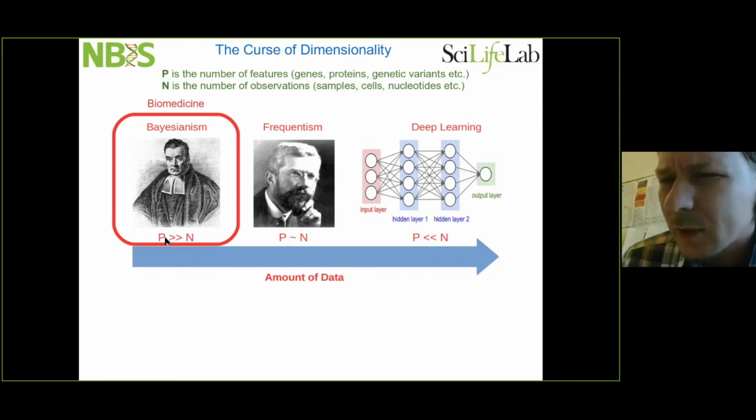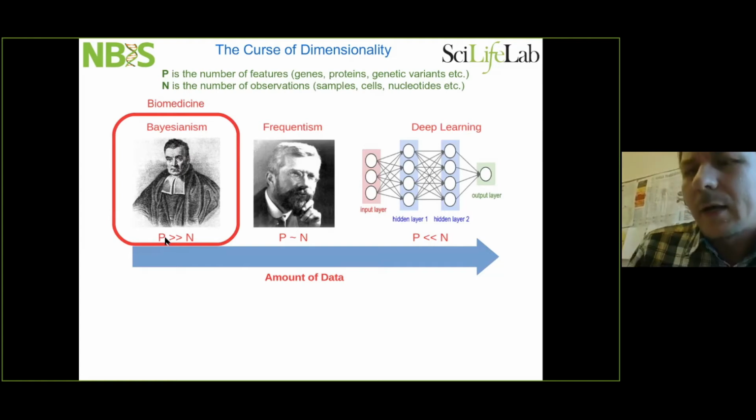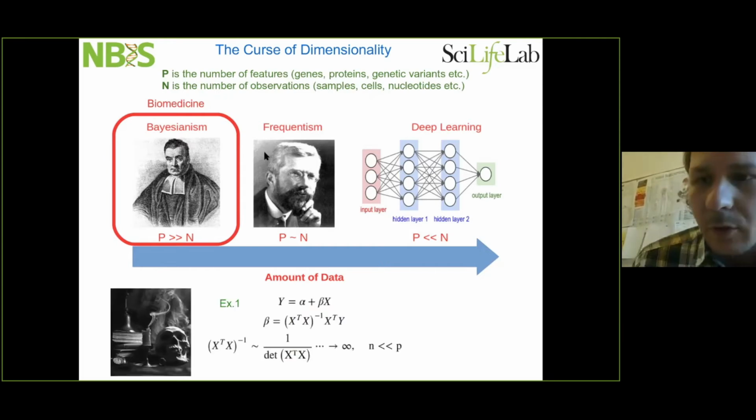You're working with maybe gene expression, and then you have thousands of genes, right? So you're probably here. You're very far from actually trying to do machine learning. I can explain why you should not do machine learning with this type of data. For example, you can run into this artifact